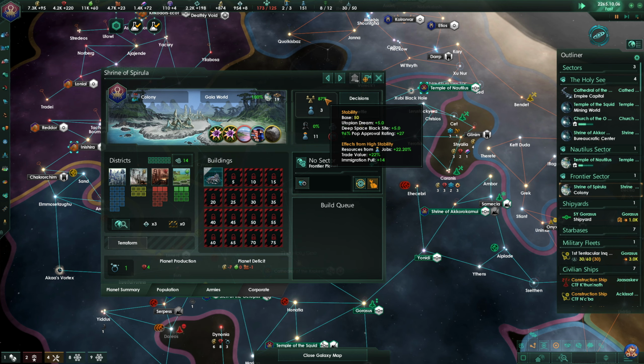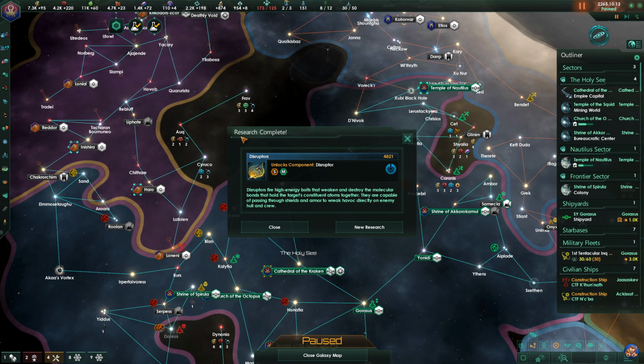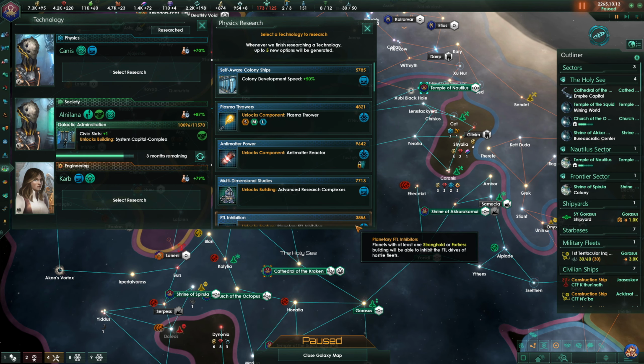Research concluded. We have researched disruptors. Disruptors fire high-energy bolts that weaken and destroy the molecular bonds that hold the target's constituent atoms together. They are capable of passing through shields and armor to wreak havoc directly on enemy hull and crew. Let's get